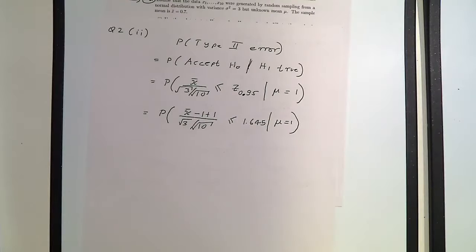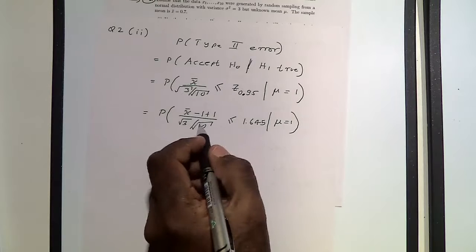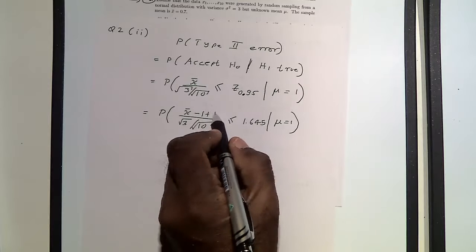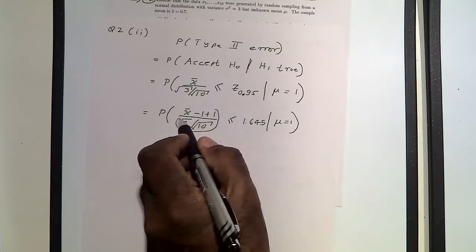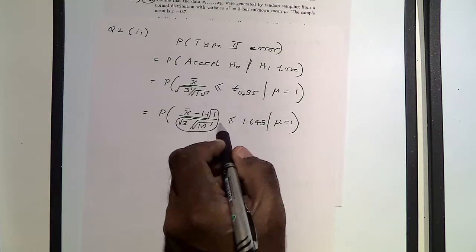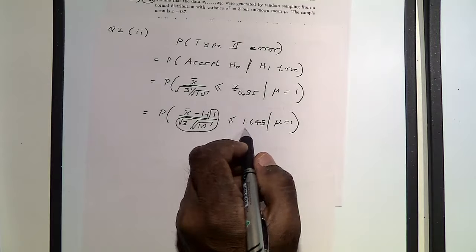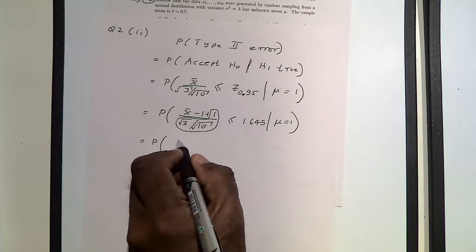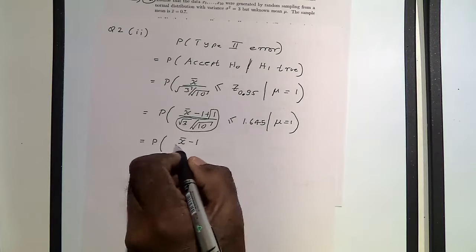You see what I've done? I have subtracted a 1 and added a 1. And now I'm going to take this third term to the right hand side of the inequality. So this will become the probability that x bar minus 1